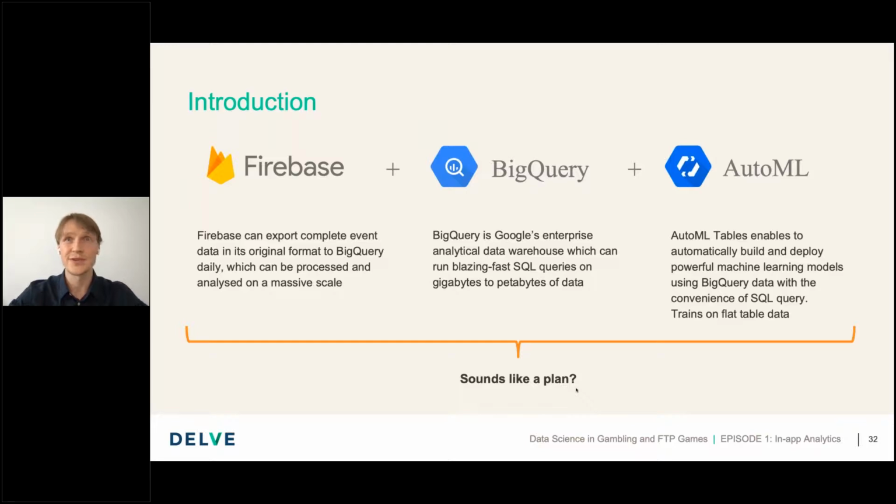Since all these features are natively integrated, it sounds like a good plan to apply them in a pipeline of predicting lifetime value out of Firebase event data. Or this could be any other event data collected, say from AppsFlyer or another tool, or internally. Once you arrive at a table of data, the process is pretty much the same, and even the algorithms can be exchanged. So just for the sake of simplicity, we are sticking to the Firebase BigQuery AutoML scenario.